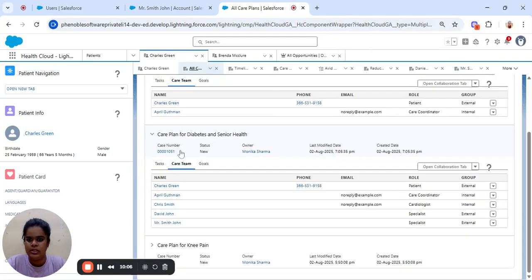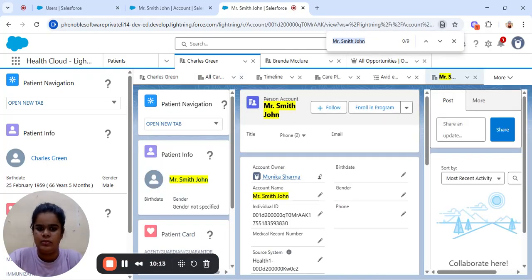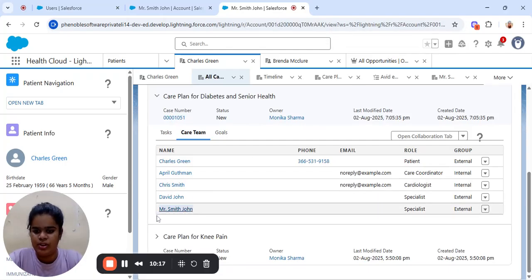Let me just open. Okay, so you can see here, Mr. Smith John is added in our care plan. Okay, so this is the way you can add a care team member.